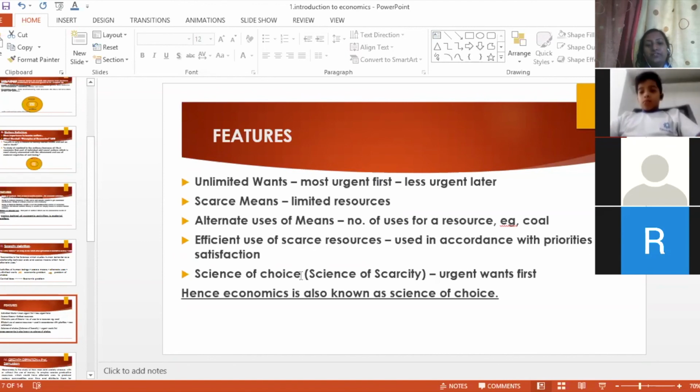And the fifth feature is science of choice. That means you have to choose. It's a science of